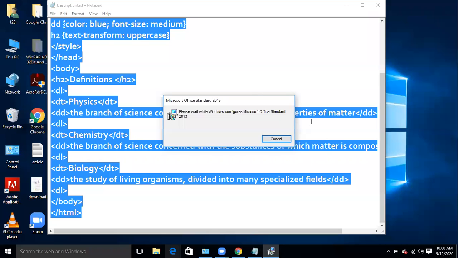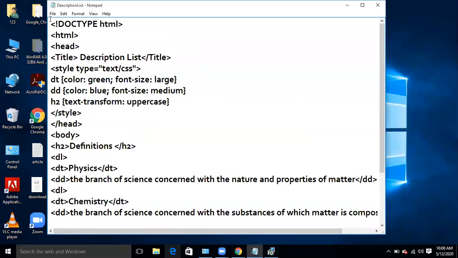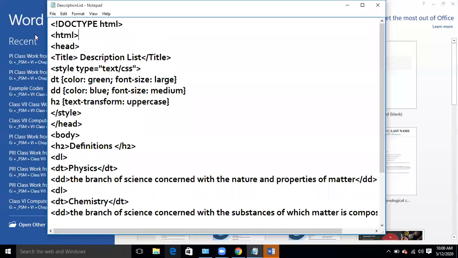Whenever we are writing HTML code, as I had explained, we mention doctype HTML, and we save the file with the extension .htm.